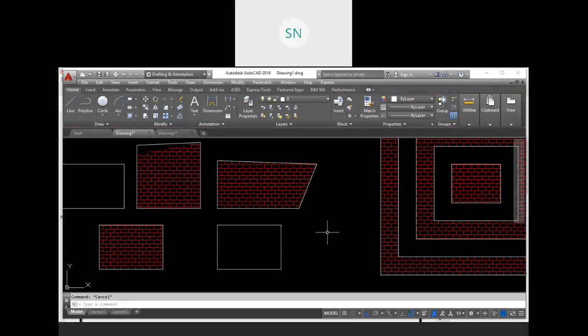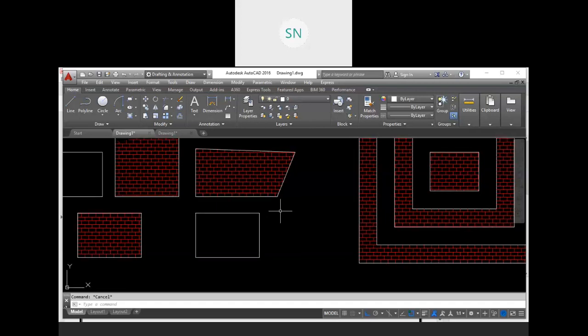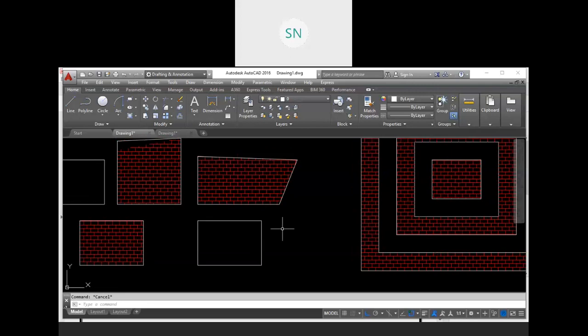And the last option we have is annotative. Annotative is quite a different tool. So I will give you one small assignment today from my side, and that is annotative. I'm going to show you how this annotative tool works, and you have to find the reason why we have this tool.